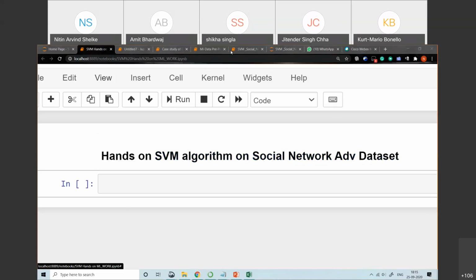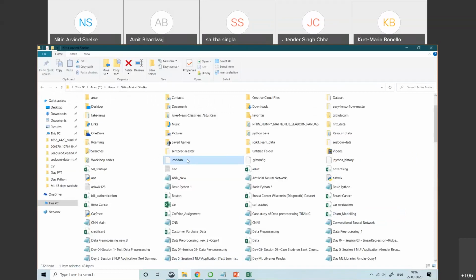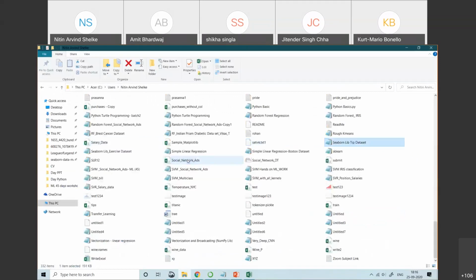We'll discuss the case study on the social network advertisement data set. We'll create an SVM model for it. This is my data set.